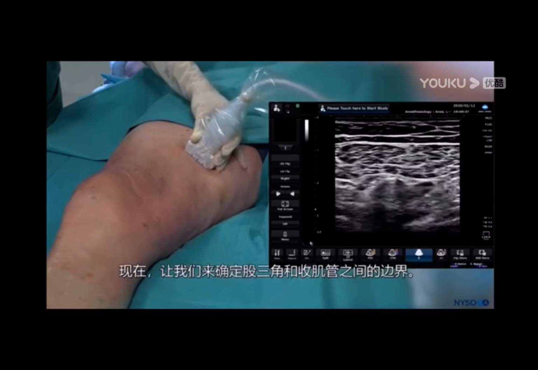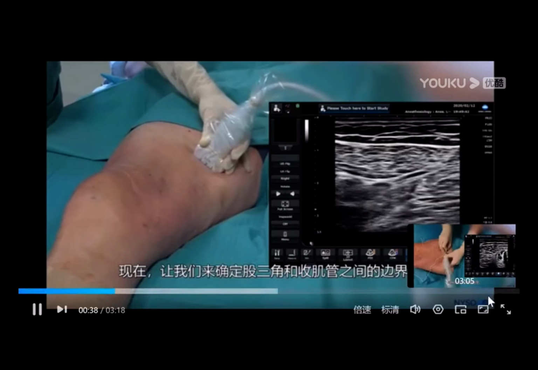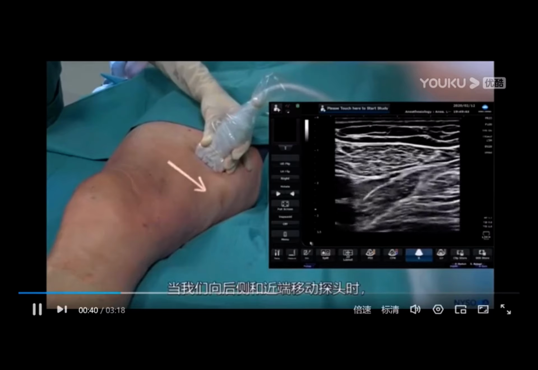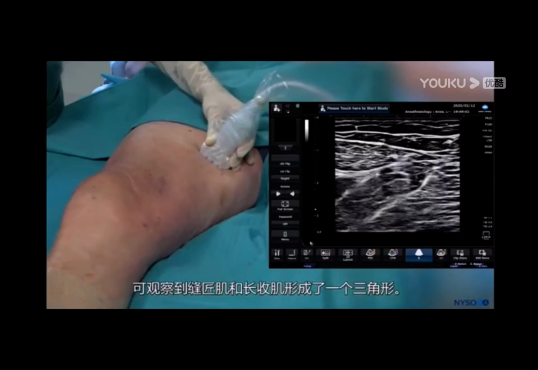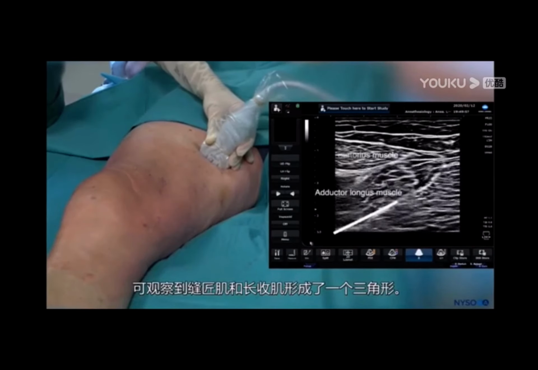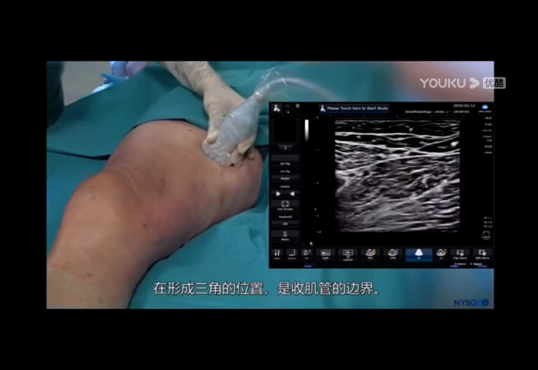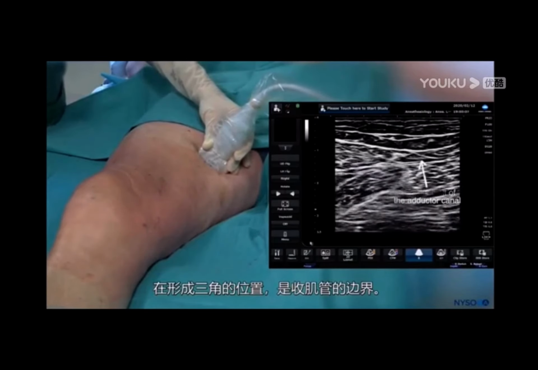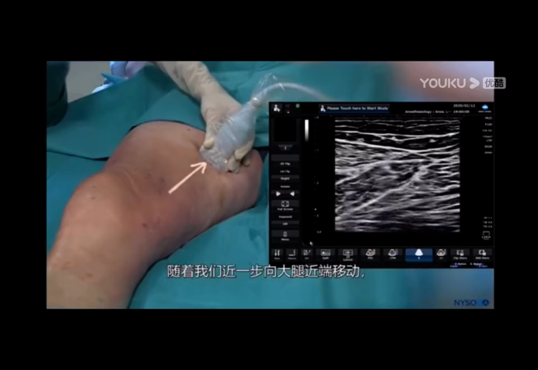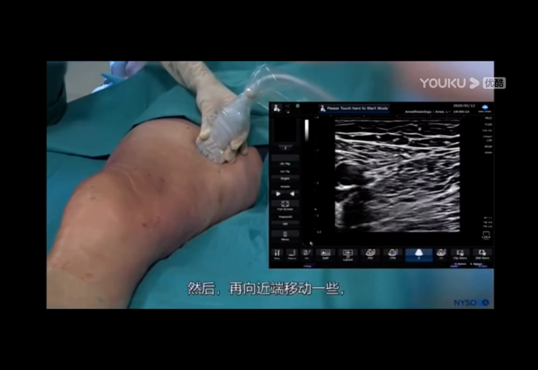So let's now define the borders between the femoral triangle and the adductor canal. As we move the transducer more posteriorly and proximally, what we see here is the sartorius muscle and adductor longus muscle form a triangle. At that point where they form a triangle, it's the limit of the adductor canal. As we go more proximal, we can see how the adductor longus muscle becomes bigger,